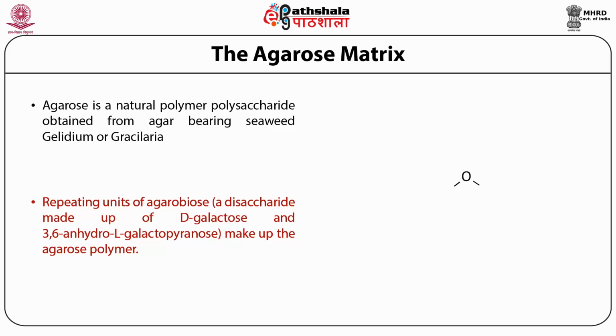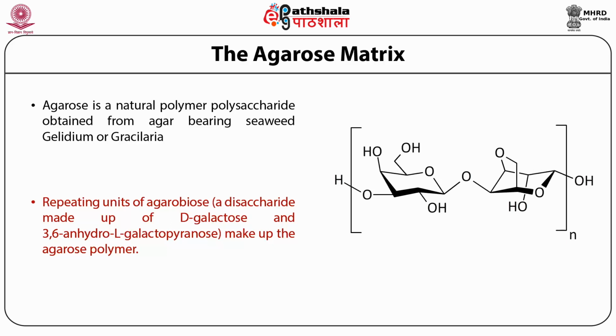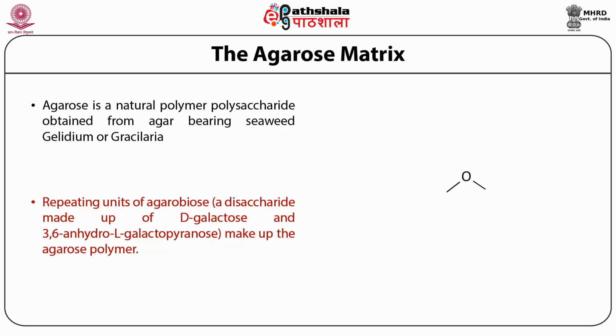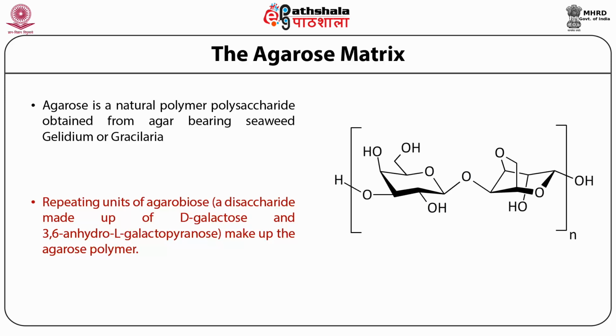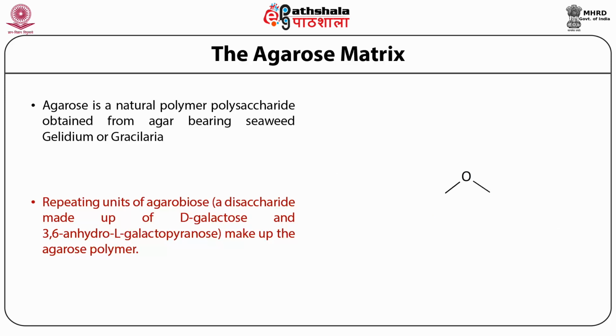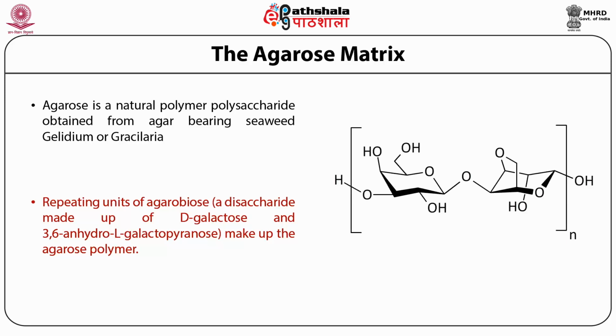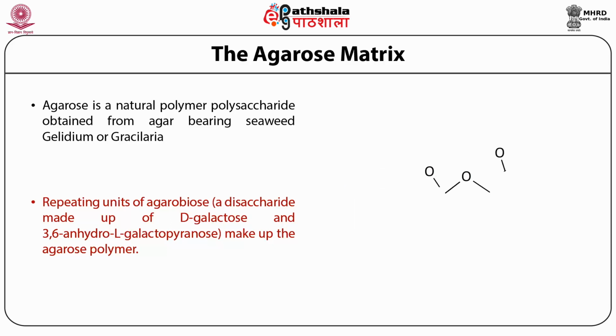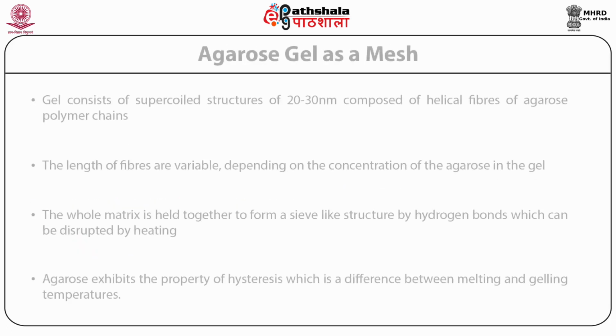Some D-galactose and L-galactose units may contain attached units like sulfate, pyruvate, or methyl groups in small variable quantities which determine the purity of agarose. The presence and the number of such groups is a major factor in determining the agarose purity.